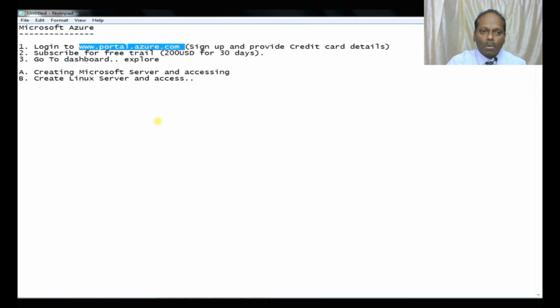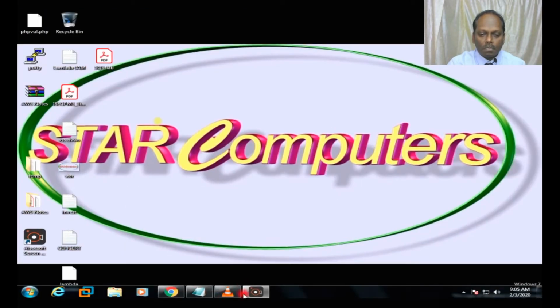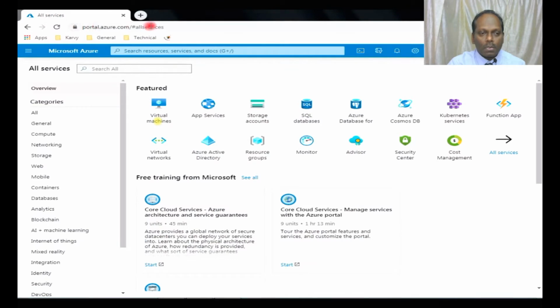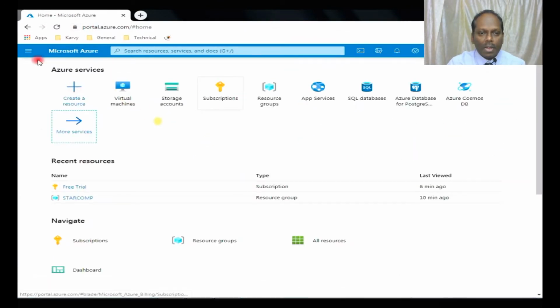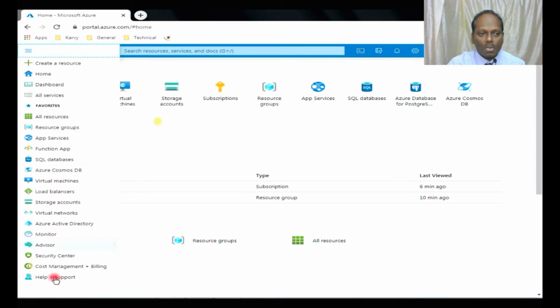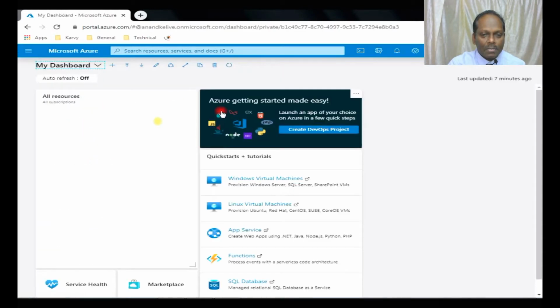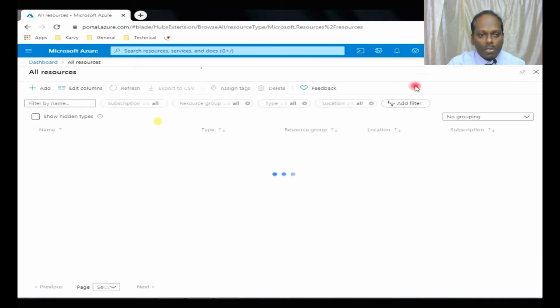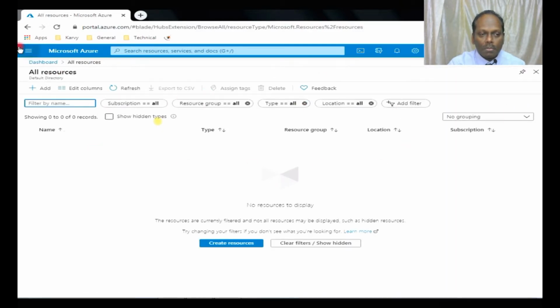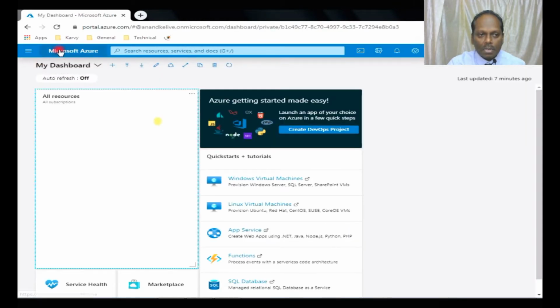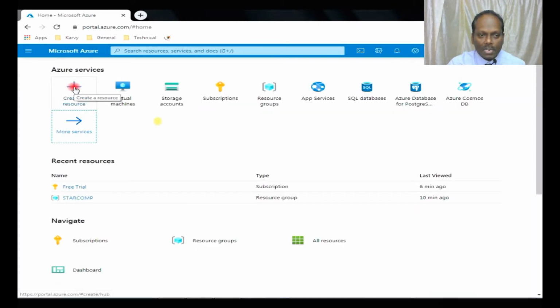So, www.portal.azure.com. Let me open my browser. Okay, Portal Azure, this is the dashboard once you sign in, and you can see the services dashboard. These are the various kinds of services which are available. When we select resources under the dashboard, you can see various subscriptions, etc., which we have already done.